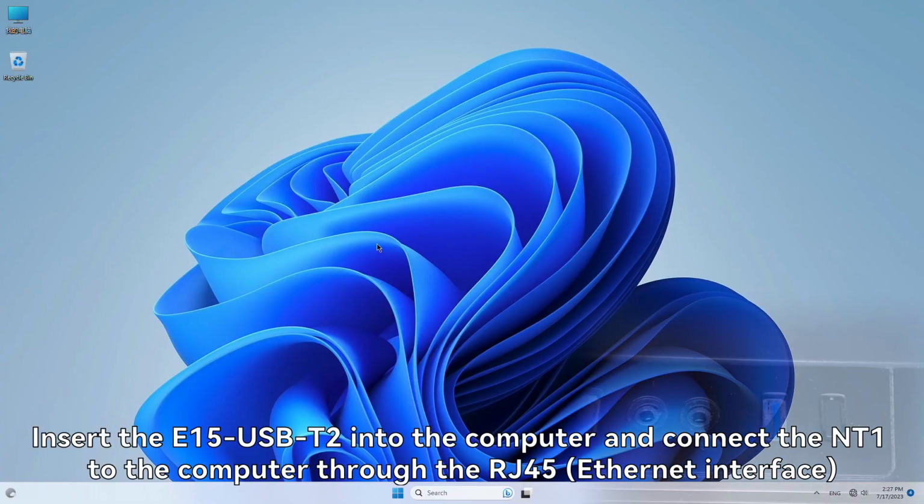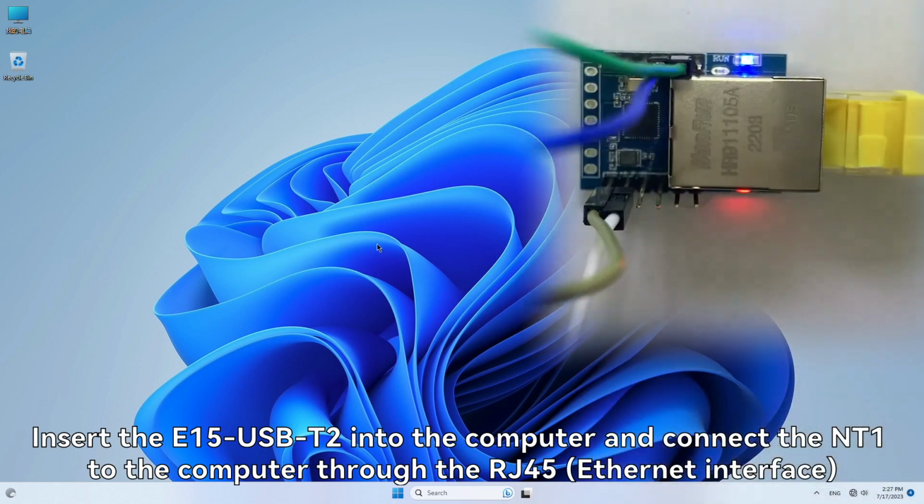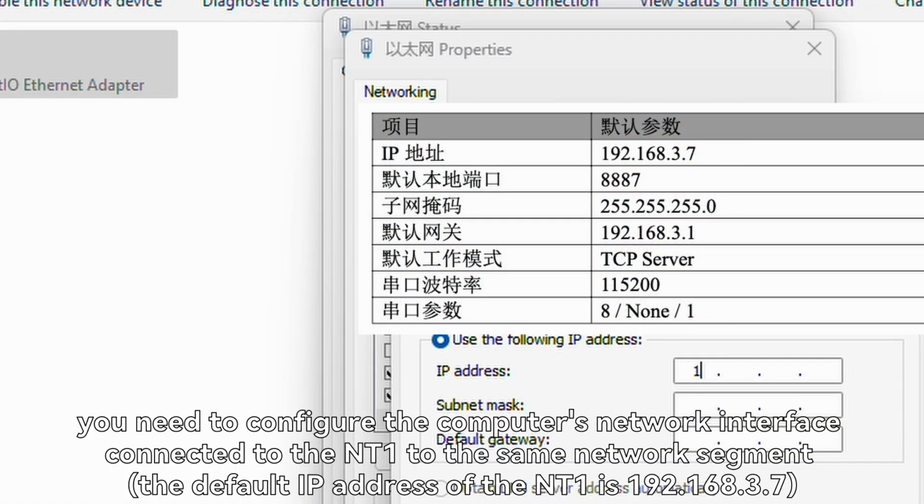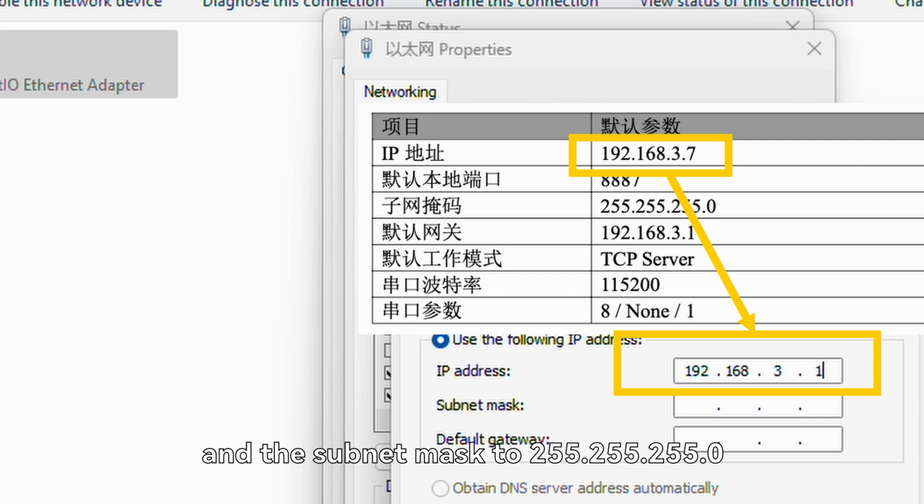Insert the E15 USB T2 into the computer and connect the NT1 to the computer through the RJ45 Ethernet interface. Before starting the configuration, you need to configure the computer's network interface connected to the NT1 to the same network segment. The default IP address of the NT1 is 192.168.3.7. Modify the computer's IP address to 192.168.3.100 and the subnet mask to